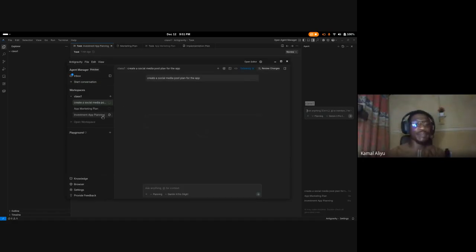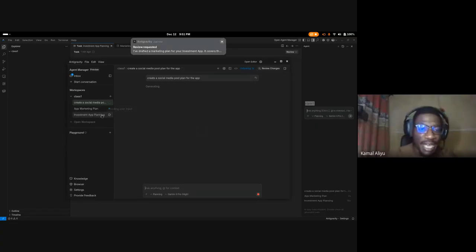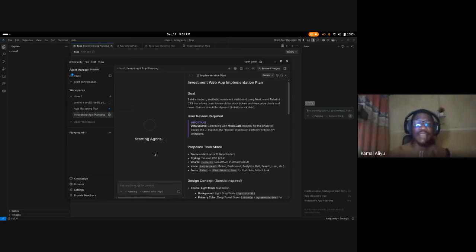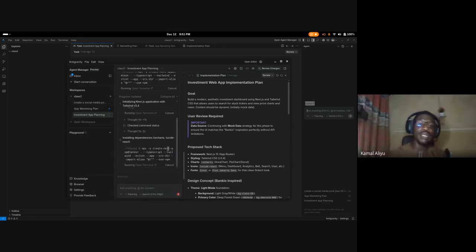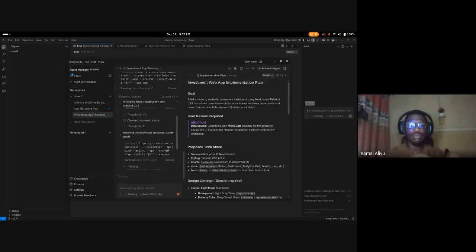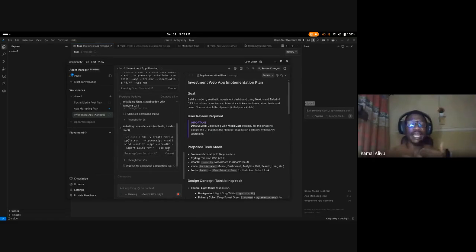So you see we have three different agents. You see this agent that has an icon is pending user input, meaning it's waiting for me to approve some things before it will continue. And this approval is something that you can completely edit. You can give AI complete control of the app, which I did not advise. At least you should be following up with what the AI tool is doing, and seeing if you need to adjust something. So it's more like you working hand in hand with the AI rather than you just giving the AI the go-ahead to do everything.